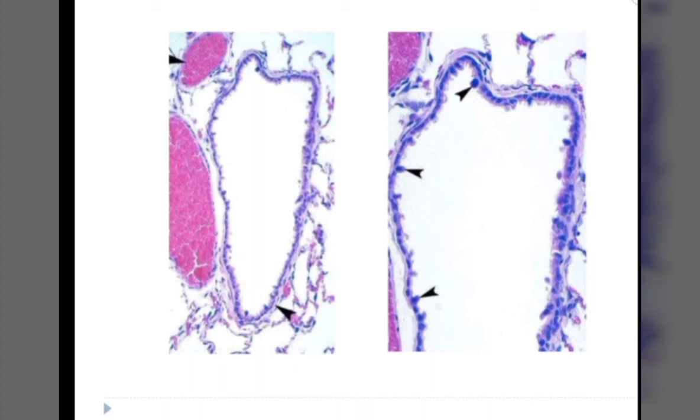But in the larger bronchioles, the lining epithelium is of pseudostratified columnar ciliated type, showing many goblet cells. As the bronchioles divide into smaller divisions, the goblet cells disappear and the epithelium gradually changes its form, until in the terminal bronchioles, which are of the diameter of 0.5 mm, it becomes a simple cuboidal or low columnar epithelium, and most of the lining epithelial cells of a terminal bronchiole bear cilia. But scattered non-ciliated cells are also present, and these cells are called the Clara cells.